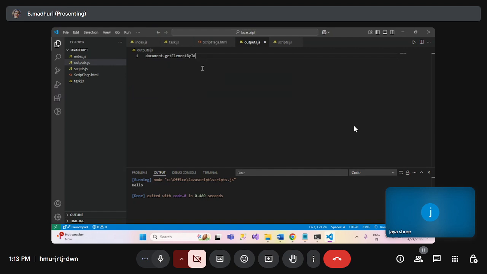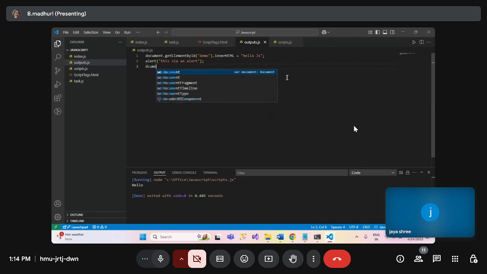So getElementById of demo. Okay. So here I am using innerHTML. As I have told, it is a property; you can see here innerHTML is a property. Okay, so equals to hello JS. I'm giving some text, hello JS. So the next one is alert. Here I'm writing, this is an alert. Okay, so the next one is